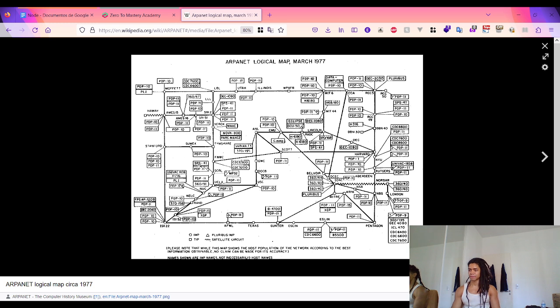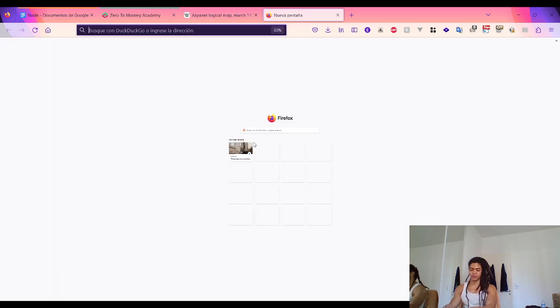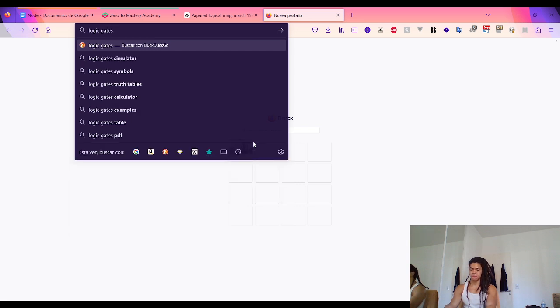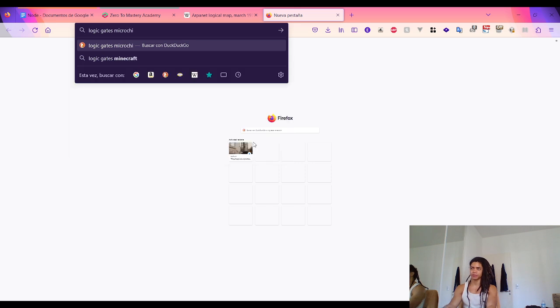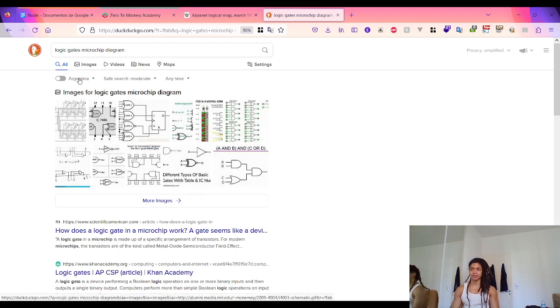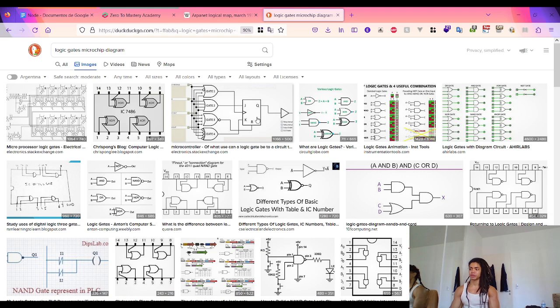And how powerful is this? Of course, you look at this and it might look like, if you take a closer look at, for example, a logic gate or a microchip diagram, exactly like this. So when you look at the microchip or the logic gates, or from a microcontroller, the logic gate,